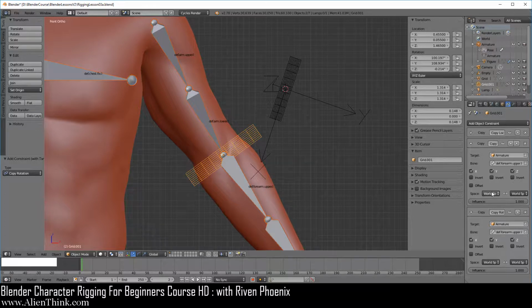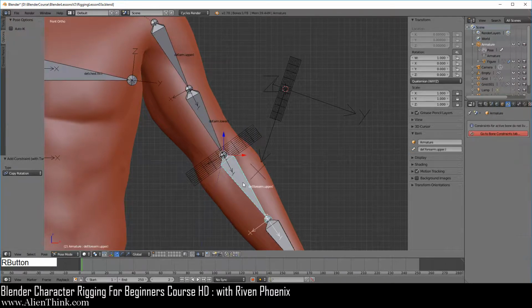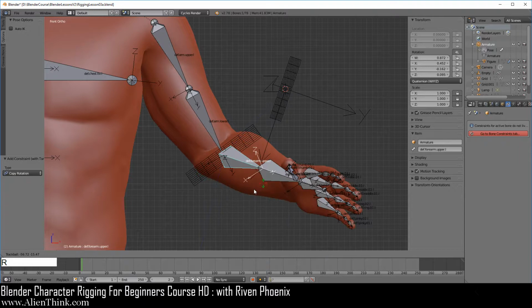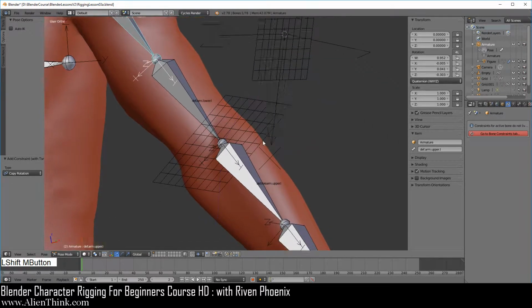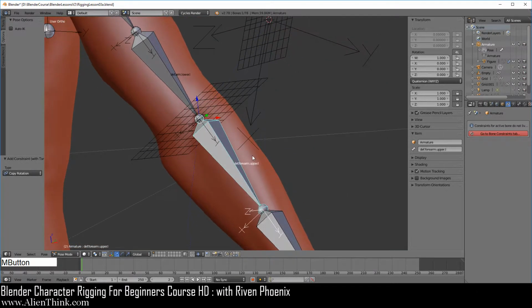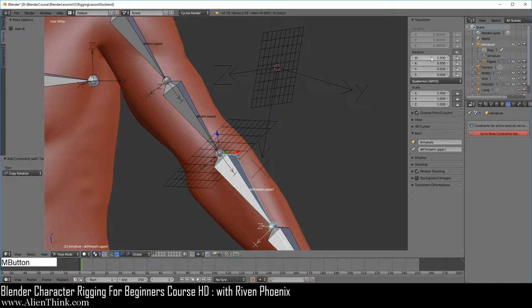Now over here, we're going to simply say, okay, evaluate yourself in local space, and we're going to invert all of these and click on offset. Now when you click this, press the R key, you'll see that the grid does not move, but it definitely travels with the parent. Now why did we do this? Because over here, when you click this, we want to see, if we change the location values, how this bone is going to move according to this local coordinate system.